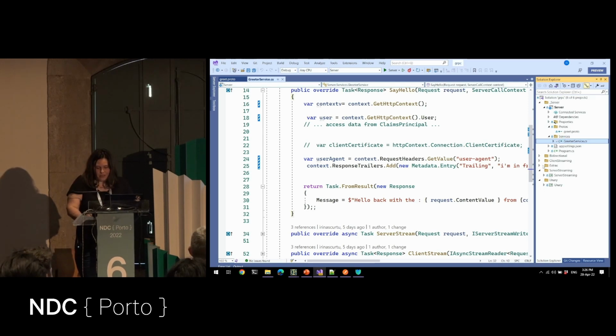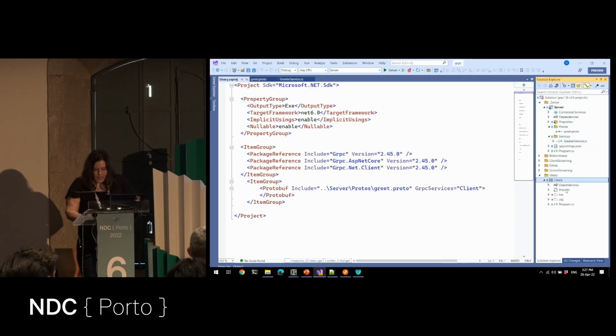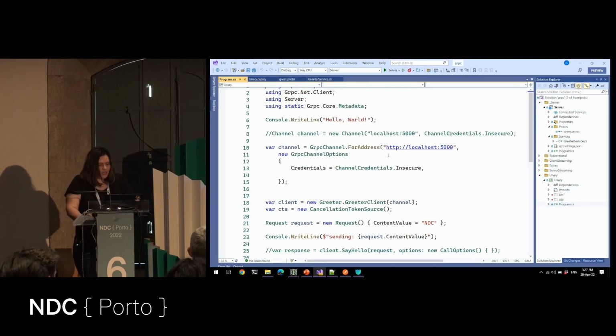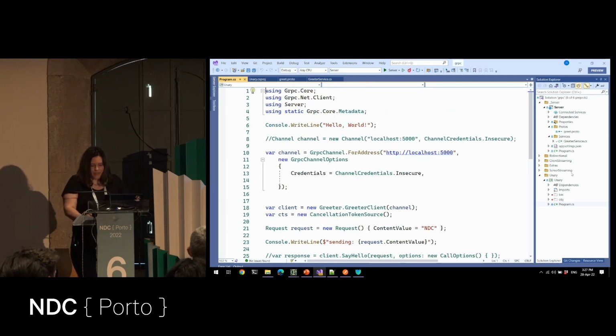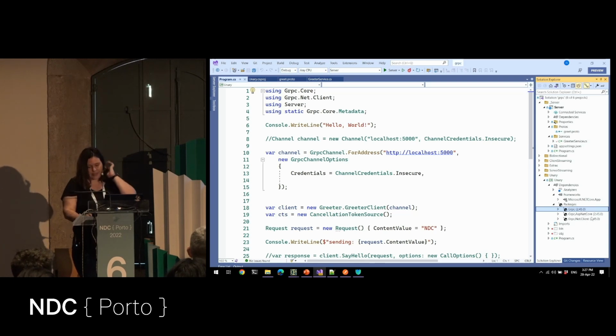So what I have here is a set of console apps. It's the easiest way of displaying things. So Unary console app is a Program.cs that uses nothing more than a few packages. And those packages are gRPC, gRPC net client, and ASP.NET Core, because I want to show you two types of using things.